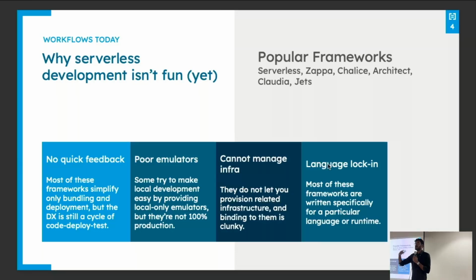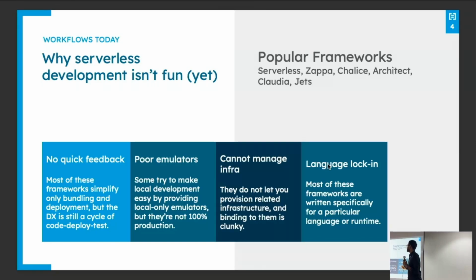But let's say it talks to SQS or RDS, right? And imagine those are running inside your VPC. It becomes impossible to test this locally, right? So this is one of the biggest pain points in serverless development, unlike traditional applications. It's almost impossible to test locally for a lot of use cases. A lot of these frameworks have some of these problems. One is no quick feedback, which is what I spoke about. It's quite difficult to run them locally, so the development cycle is big. You have to build it, compile it, push it to prod, deploy, test there, come back, right?